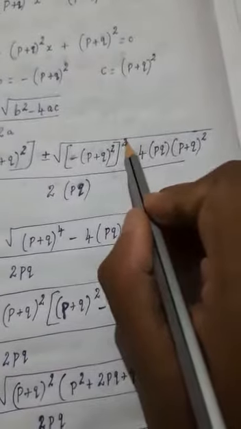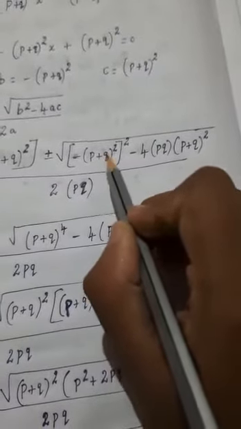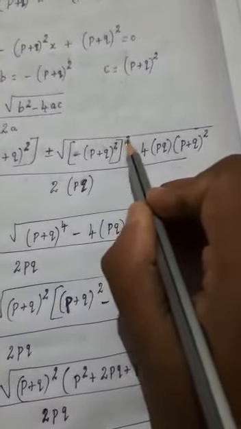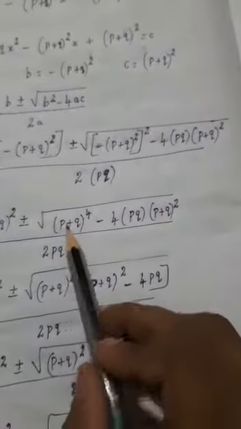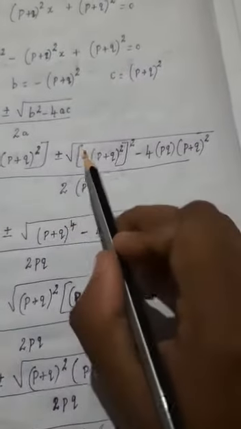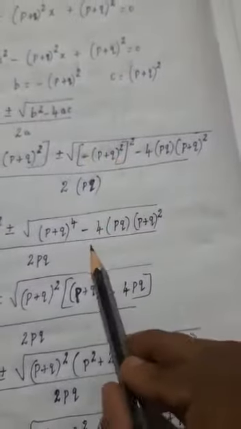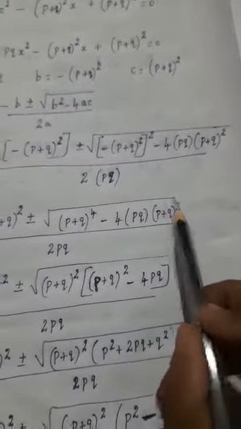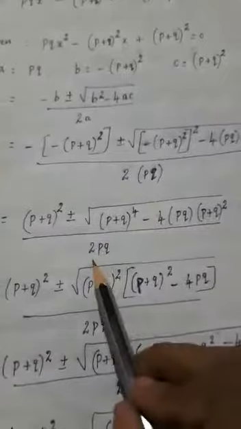So now again if you simplify, (p plus q) the whole square, the power, again power if you have, you need to multiply 2 into 2, that is 4. So now if we simplify, how will it change? (p plus q) the whole power 4, because this minus will become plus. Okay, so the next one, minus 4 into pq into (p plus q) the whole square divided by 2 into pq, you know that 2pq.